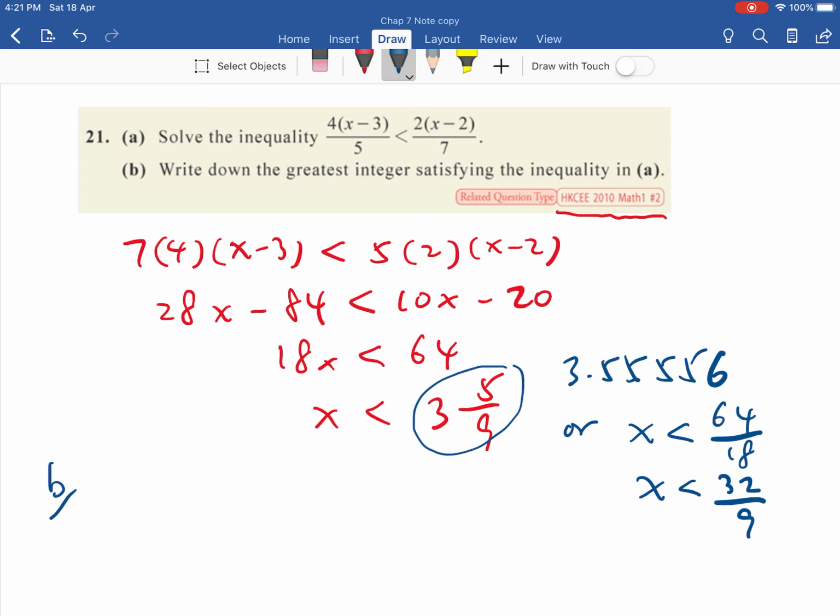The question asks, what's the greatest integer? You see that it must be less than 3.6. So the greatest integer is